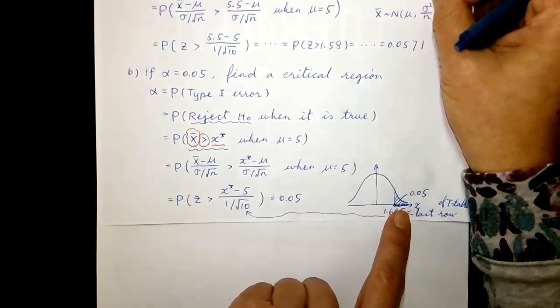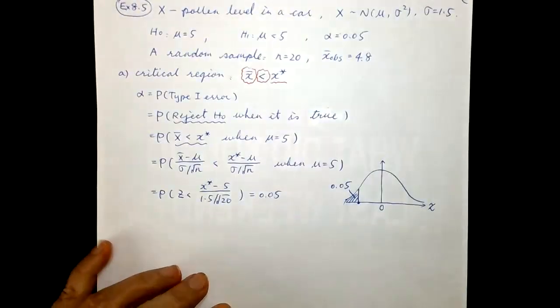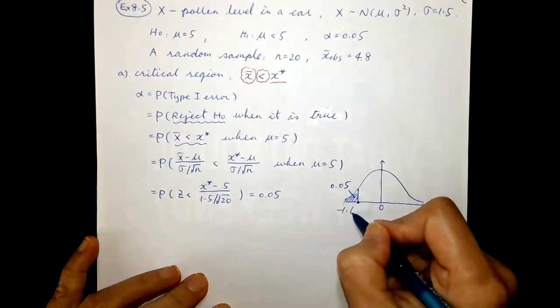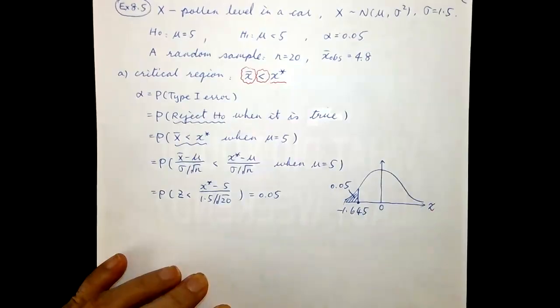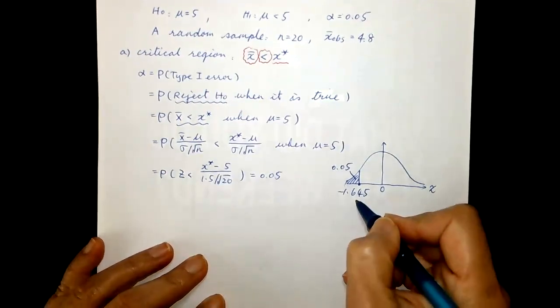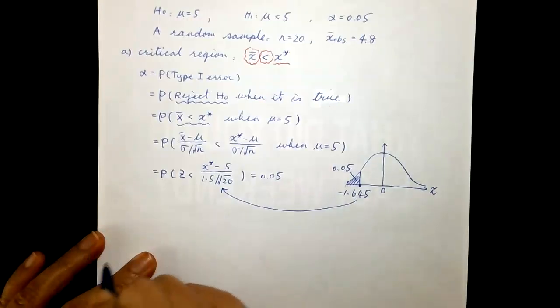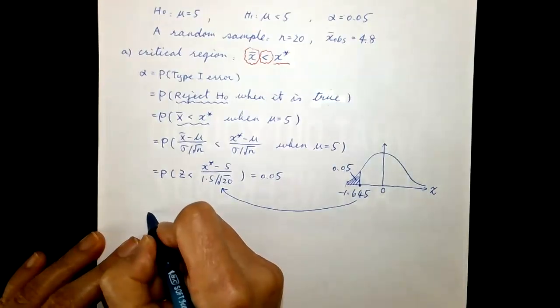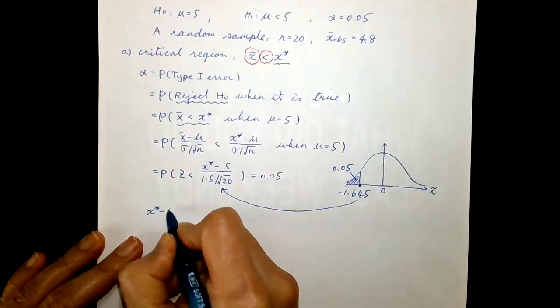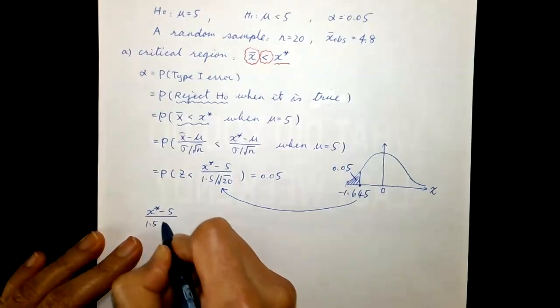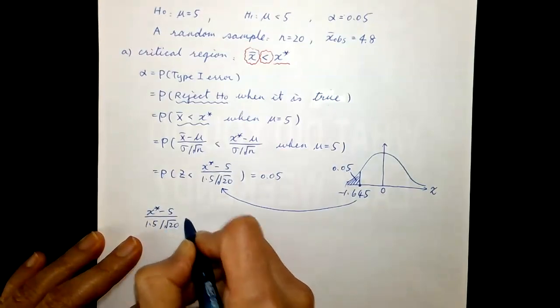But once you give an area, the total area is 1, so this little bit, this tail is 5%. So I match to the negative side. And this is our unknown, this expression. Connect the two